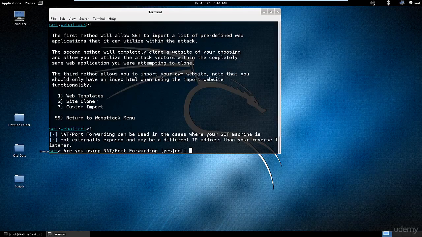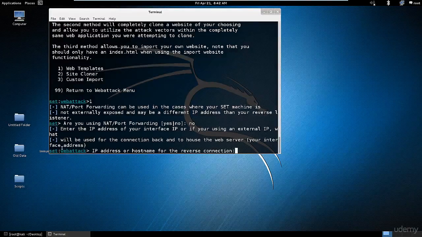The second question is asking, do you use NAT? Now, this will be used in case you are doing this attack remotely. And by the end of the course, I will add 2 lectures showing you how to do the same attacks, but remotely, not on the same network. So if you do the attack remotely, I mean, you need to provide a link for users outside your network to access, and then you can compromise their system, you choose yes. But since we're going to do that right now in our LAN, we're going to type no